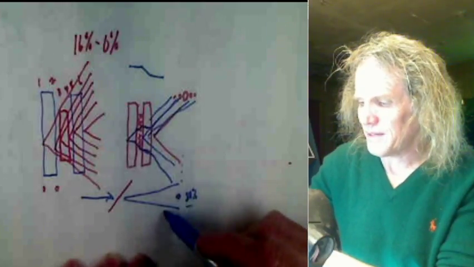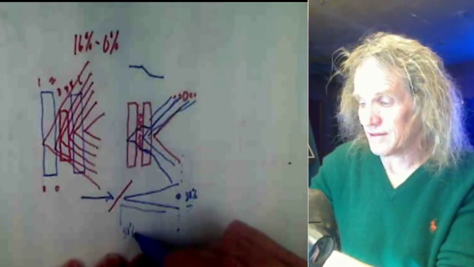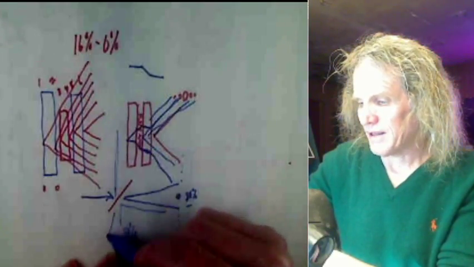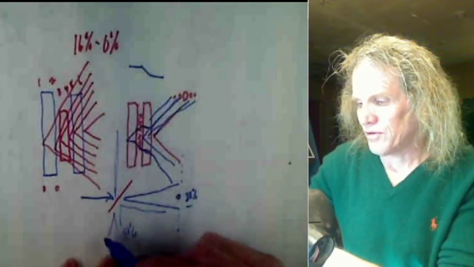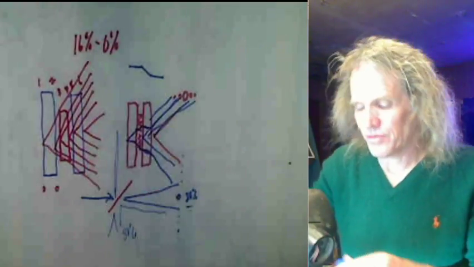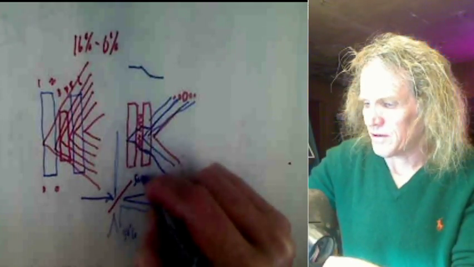This beam then will only be 80%, and I'd say it's less. Then the beam that goes this way comes back and then diverges at the last path. So the 2 beams aren't even going to be of equal intensity when they get done doing their 2 different paths. So if you use a 50-50 beam splitter